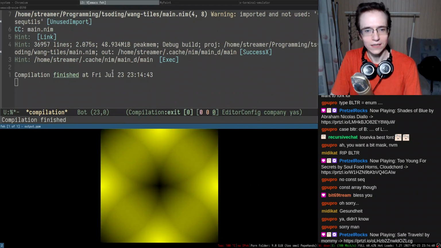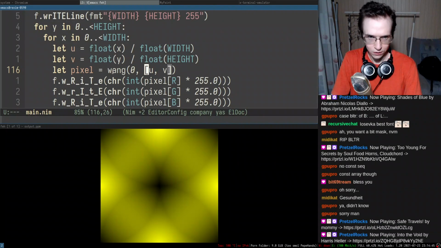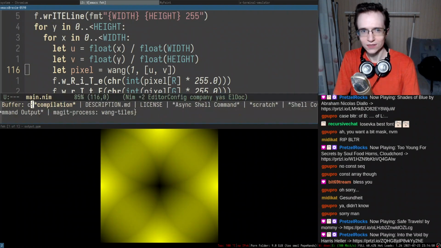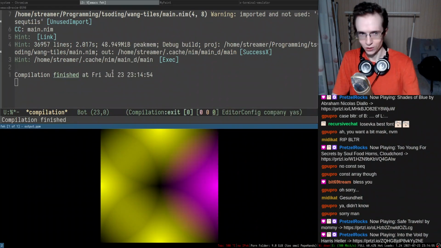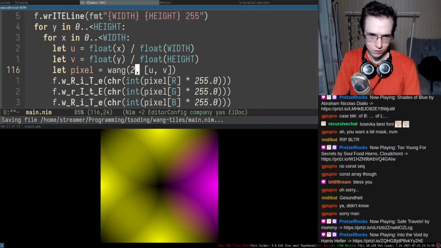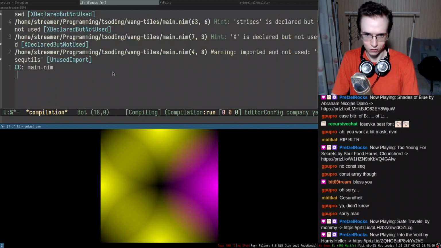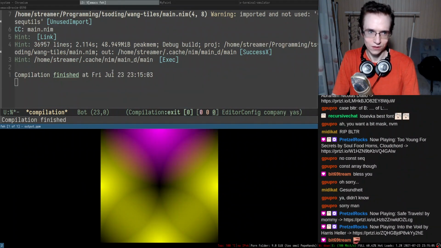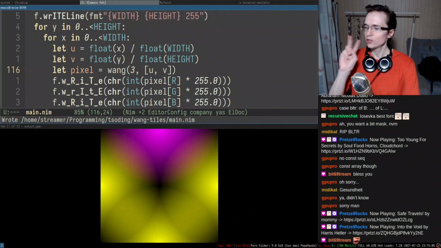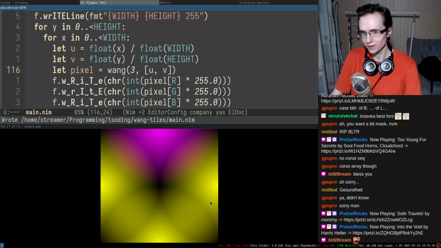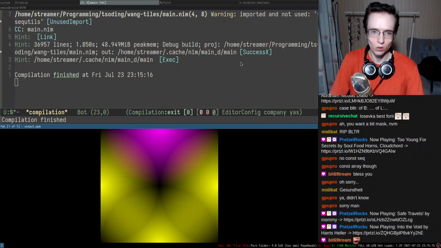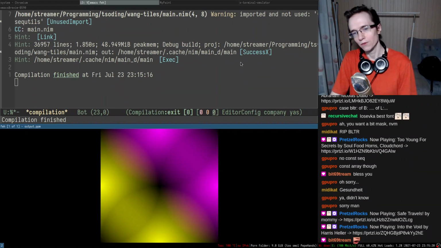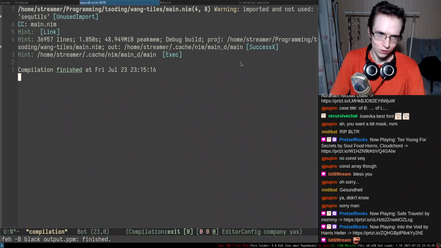So if I have 1, one of the sides will be of the magenta color, and let's see how it's gonna look. There we go, here's one of the sides. If it's gonna be 2, the other side is gonna be of the magenta color. There we go. And 3 is actually 2 bits now, so it's gonna mean that both of these sides are gonna be magenta, right? You can basically go and generate all of the possible tiles for the Wang tile set, all 16 of them. So let me actually try to do that.